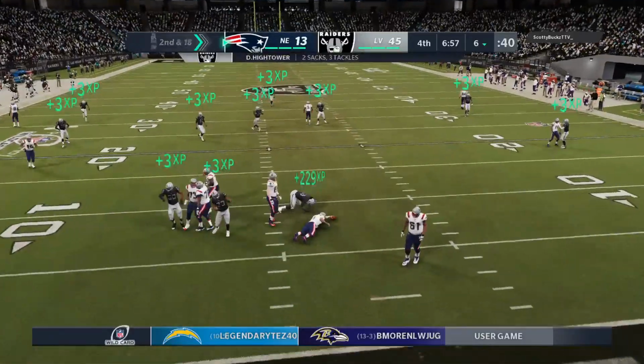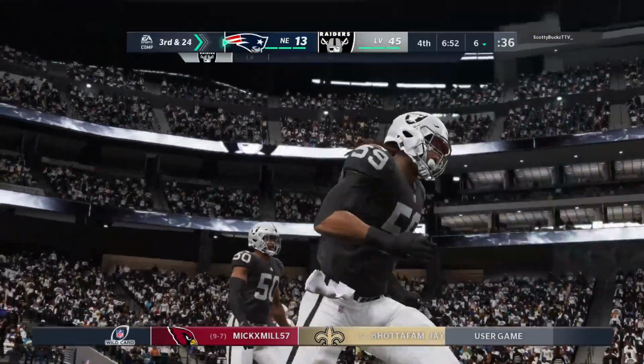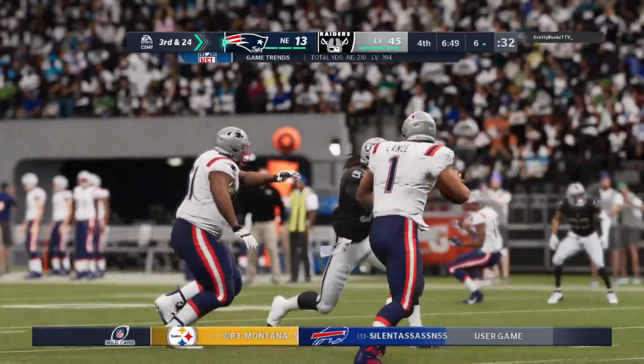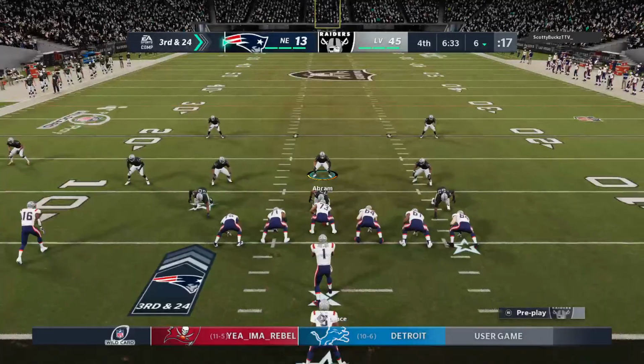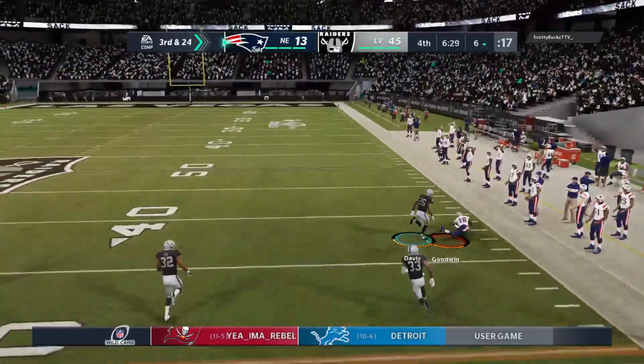And he's going to be brought down back at his own 6-yard line. Dante Hightower, his 2nd sack of the night. Right now, that's a defeated team out there. I think you can see it totally in their body language. Hands on hips, heads low. It's just been a struggle from the start. Yeah, this team has been thoroughly...